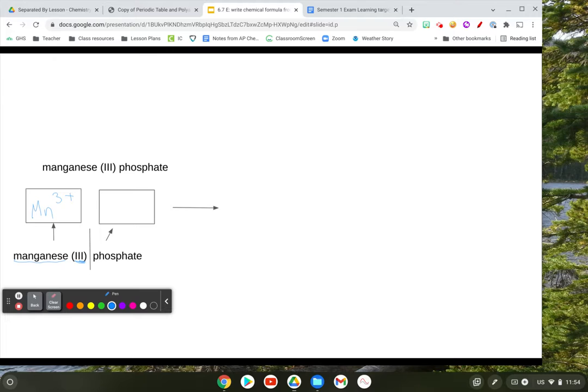And then phosphate, that is on your polyatomic ion table. Again, check your polyatomic ion table first to see if you have any of these on there. So phosphate is PO4, 3 minus. All right, so now I look at these and they're both 3s, 3 plus and 3 minus, which means they balance each other out. I have the same number of positives as I have negatives. So I end up with my formula,